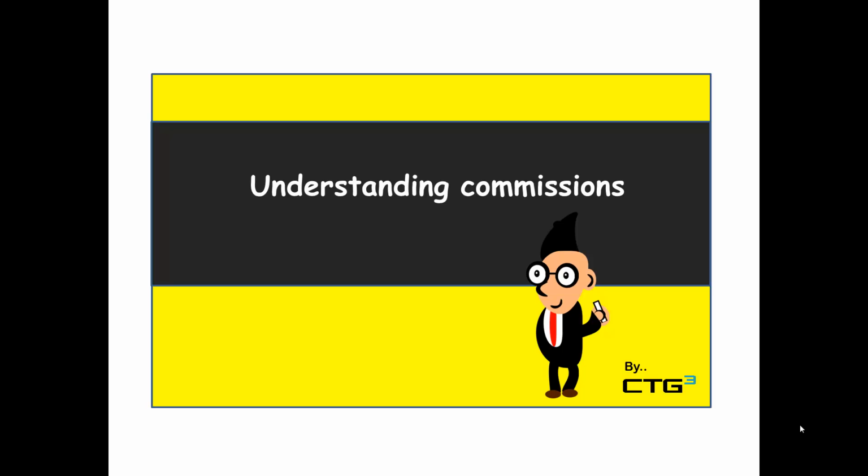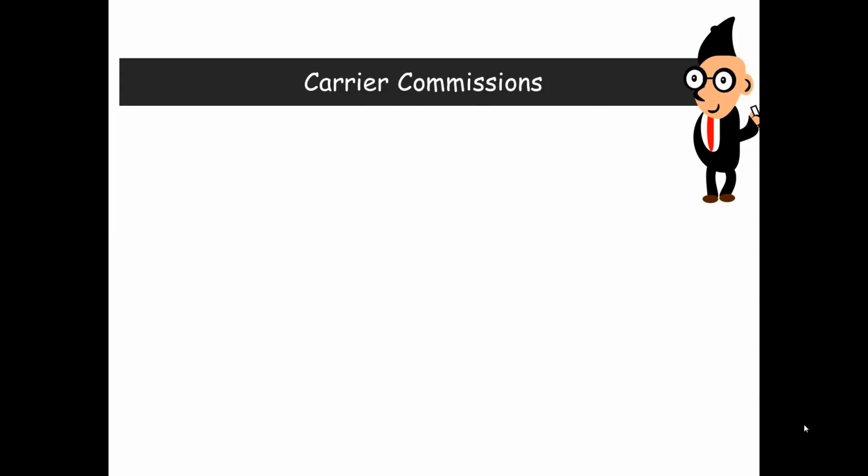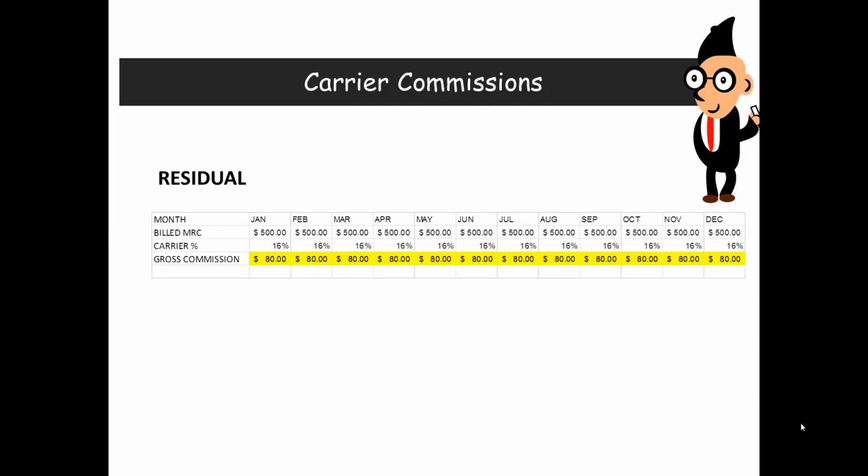And this will cover basically the method in which the carriers pay CTG3, and then in turn how we will pay your company. So the first thing we're going to go over is just the two different types of commission programs. The first being the residual method. The residual method is the most common method employed by